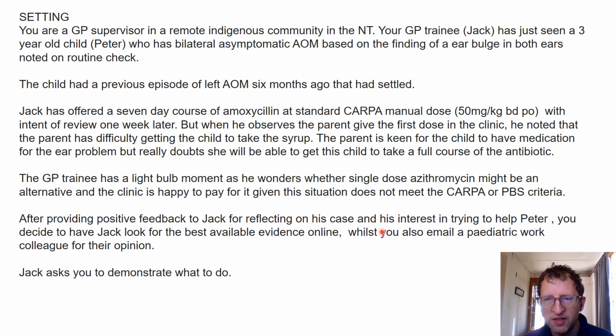So here's the setting. You can imagine you're in a remote Indigenous community and you've just seen a 3-year-old boy with bilateral acute otitis media on the basis of finding bilateral ear bulges on otoscopy, and he's asymptomatic. You notice he had a previous left acute otitis media 6 months ago that has settled, and you've offered him a 7-day course of amoxicillin with his parents, and as a good clinician does, you got them to take the first